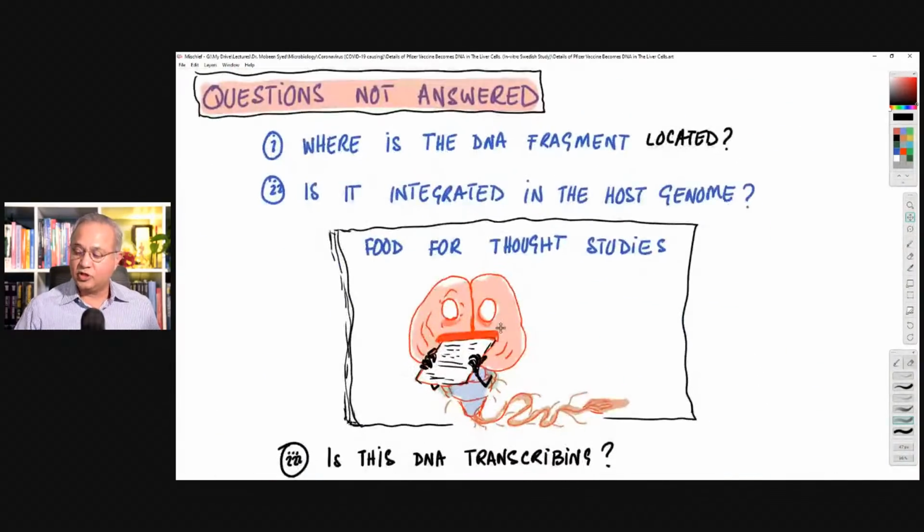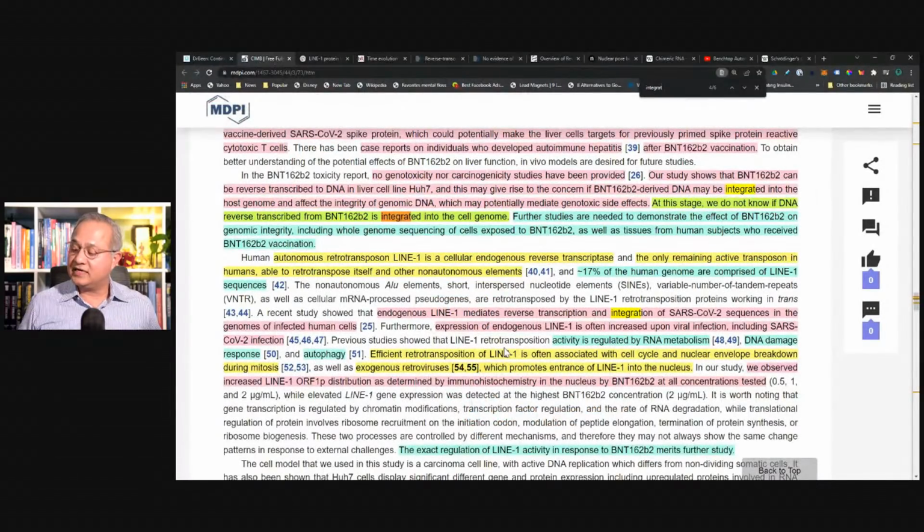We are not doing that part of the discussion or that part of the experiment. So they came back and they said, at this stage, we do not know if DNA reverse transcribed from BioNTech is integrated into the cell genome. Further studies are needed to demonstrate the effect of BioNTech vaccine on genomic integrity, including whole genome sequencing of cells exposed to BioNTech, as well as tissue from human subjects who received the vaccination. So they cleared themselves and they said, we would like somebody else to do the study to say, is this genome present in the cells,